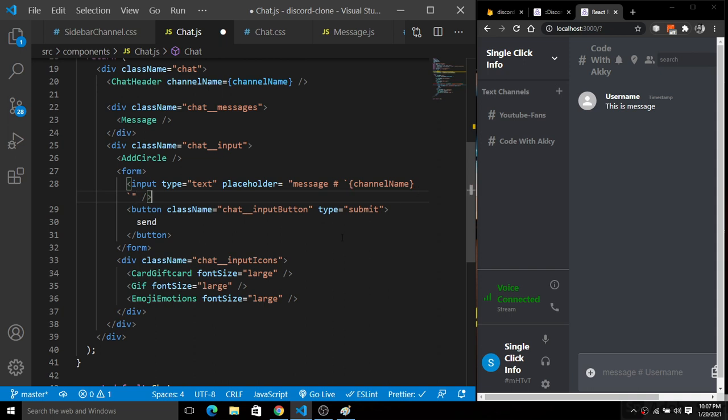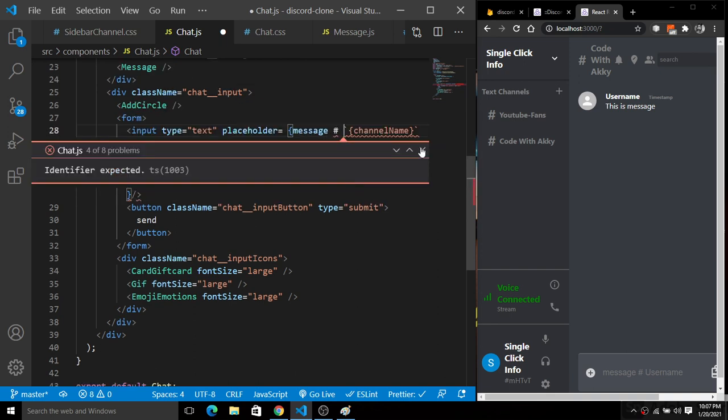Okay, so wrap it inside curly braces first of all, and get rid of this double quotation. Okay, so we have this message. I think there is a problem here. Grab this.